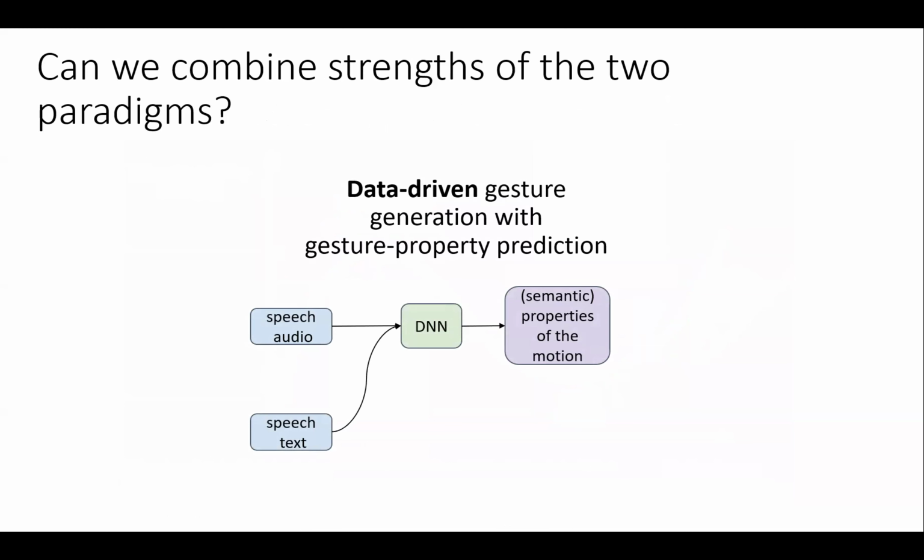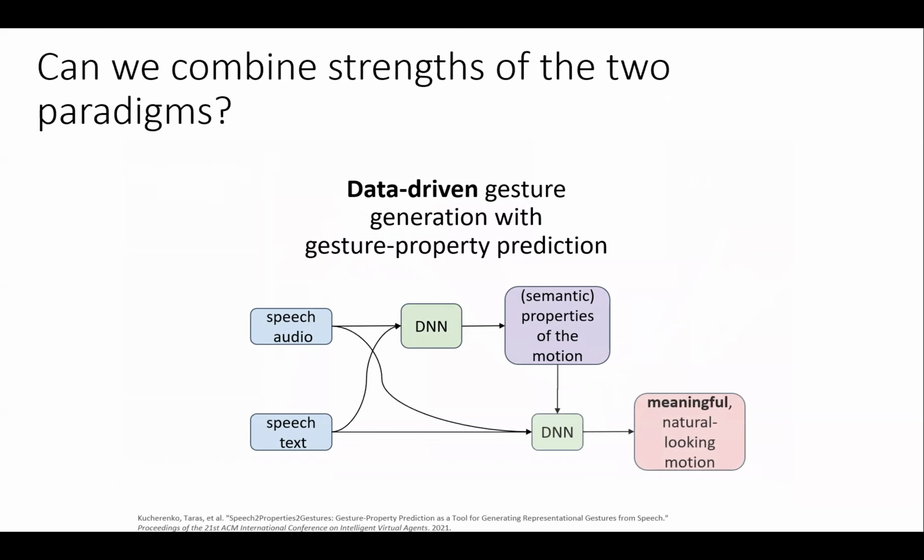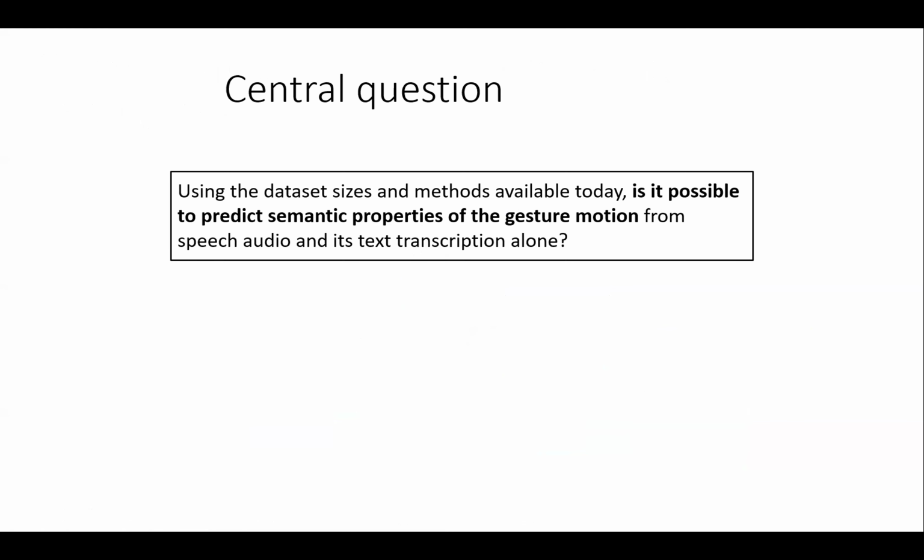What we were looking at here was taking inspiration from these earlier systems that would predict particular gesture labels, and asking, can we predict features that we want the gesture to have? If we're going to predict semantics, can we at least predict the features of the semantics? Then we could have a second network that would take those features, take in the speech and text, and hopefully put out meaningful gestures. What I'm going to look at here is just this part of the system: can we actually predict features that we want? We set a lot of constraints on this. We wanted to use datasets that were readily available today and reasonably small.